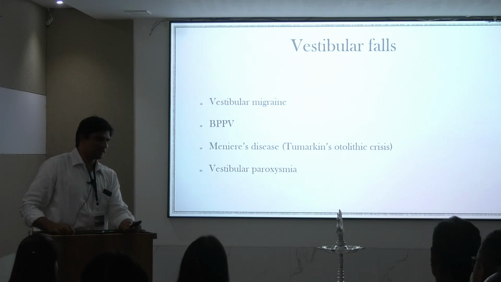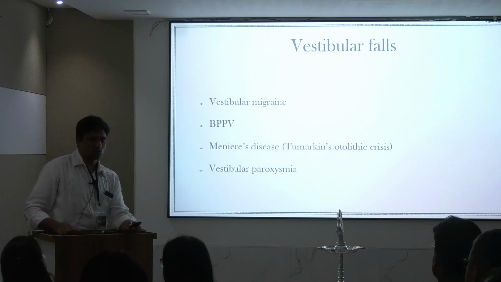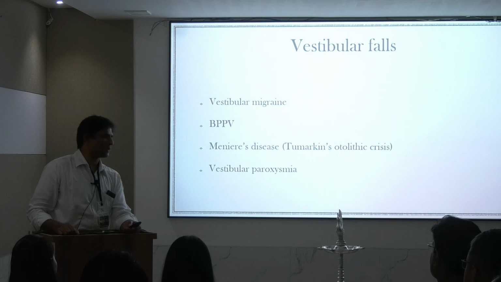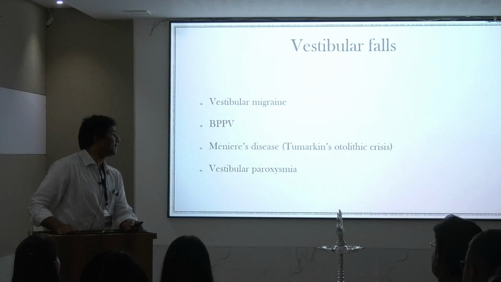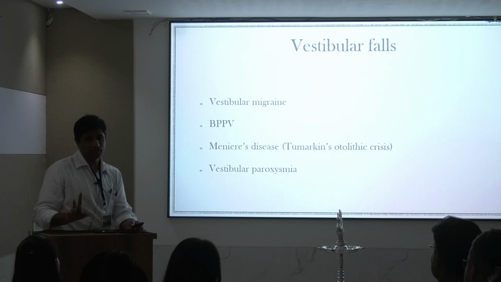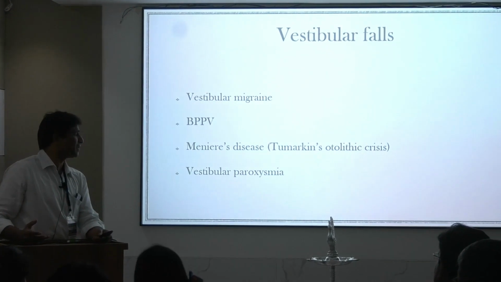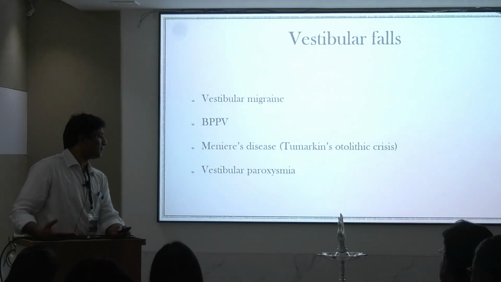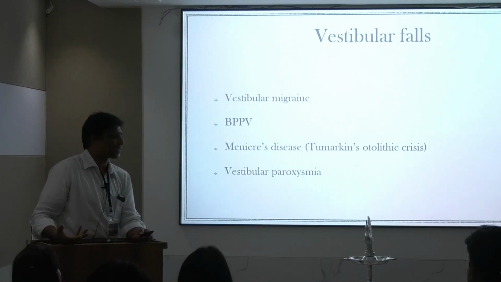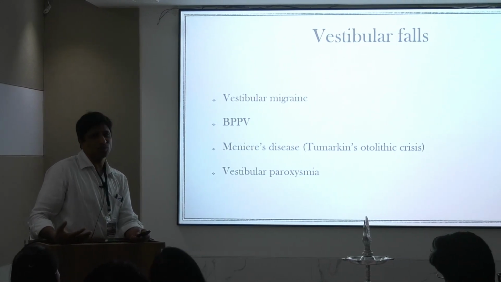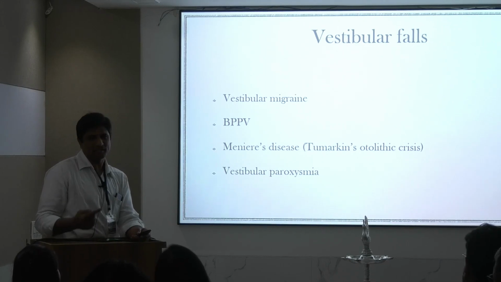So vestibular migraine, BPPV, Meniere's disease, that is Tumarkin's otolithic crisis, and vestibular paroxysmia. All of these things can be causes. Vestibular migraine itself can be a cause of falls. It's very important. BPPV patients, very easy. Vestibular migraine, history-wise, you can make a diagnosis. BPPV, you do a positional testing, and if the person turns out to be positive, his cause of fall is actually BPPV. Meniere's disease, you know the history, unless it starts with the Tumarkin's crisis,